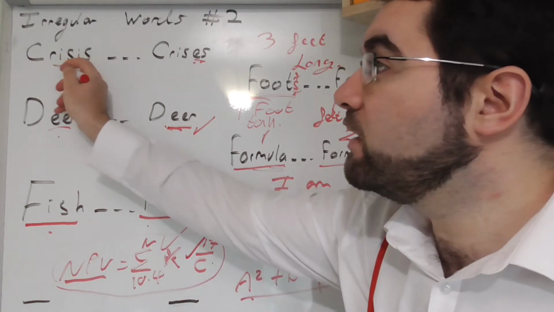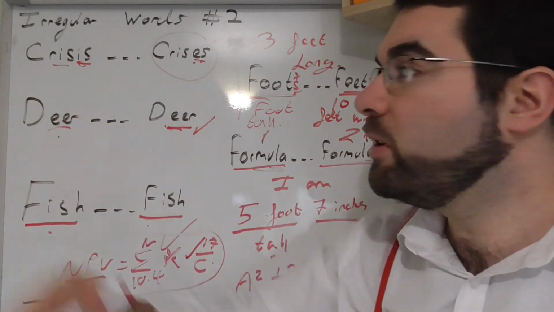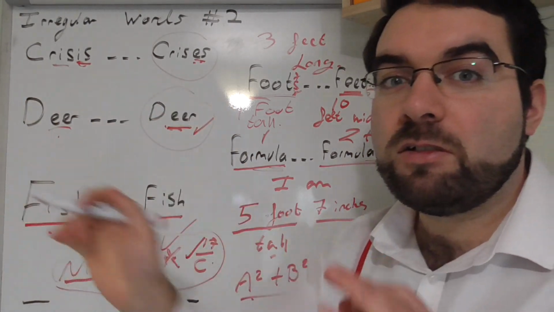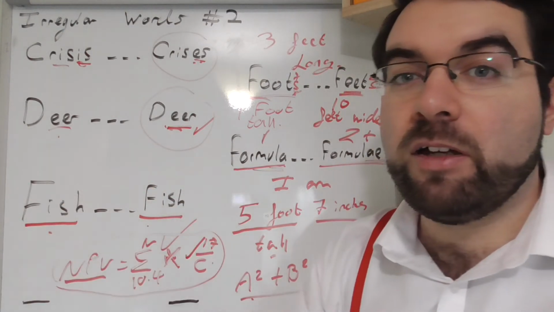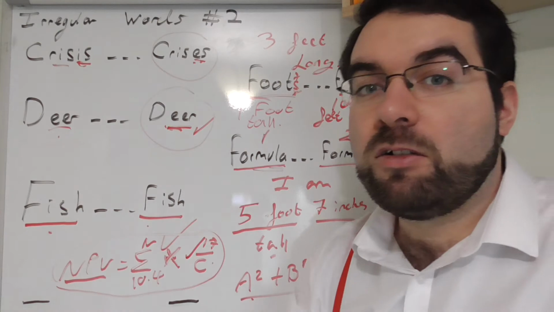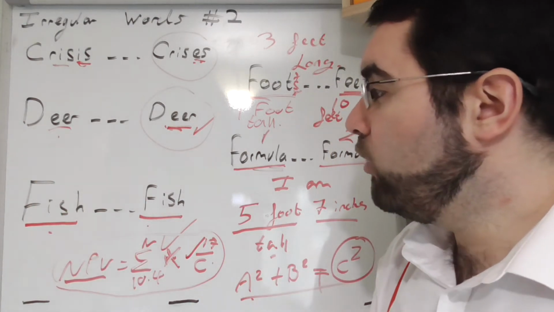So we have a crisis. There are crises all across Europe. The deer are running wild. All the deer are out of control, running around. There are hundreds of deer grazing and moving across in big herds. And all the fish